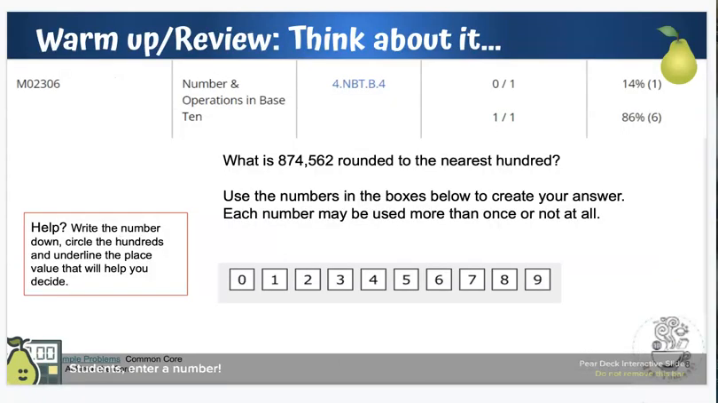All right, well, let's get started with the warm-up problem. So let's think about it. This is a problem that you will see. This is a fourth grade problem for the end of the year. If there was 100 children, 86 of them got it right, and 14 out of 100 would have gotten it wrong. So what is